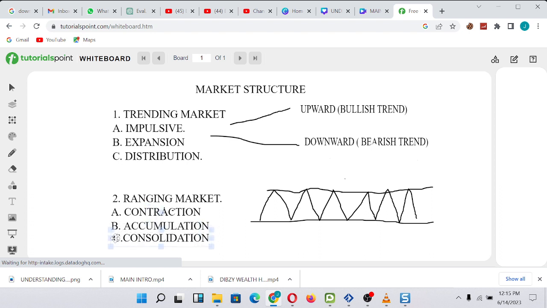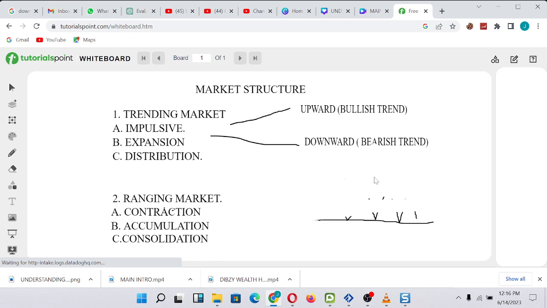Okay? So this is an example of what a ranging market has, making equal highs and equal lows. Equal highs and what? Equal lows. So let's try to be fast so that our video will not be long. Okay. So with this, having this understanding of the characteristics of this market,